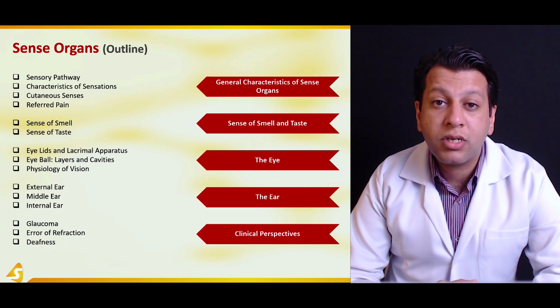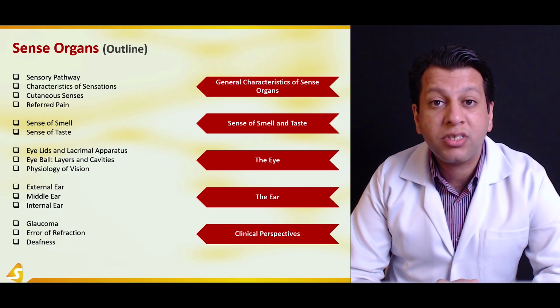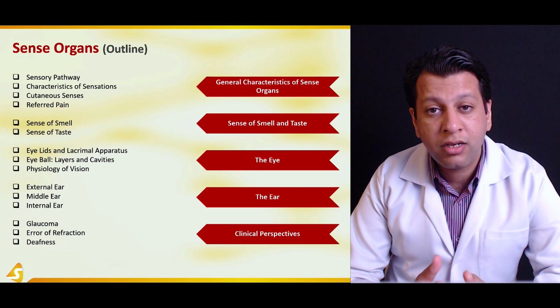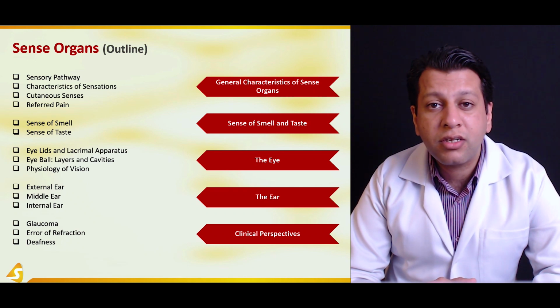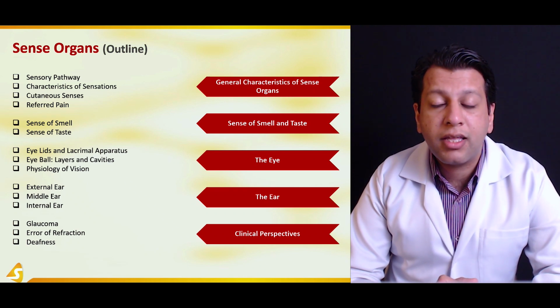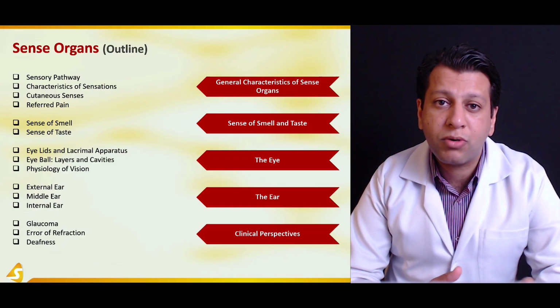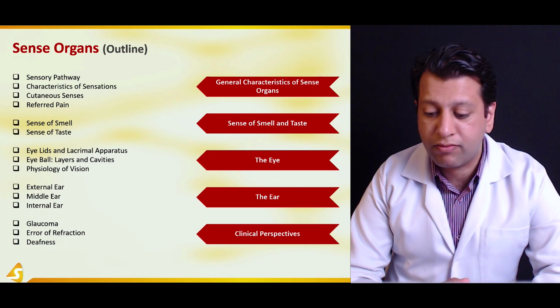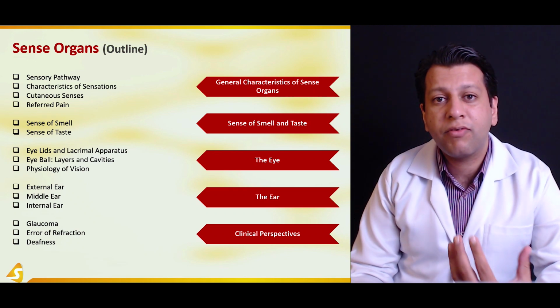We'll be going through what glaucoma is briefly, and what the errors of refraction are, that is, what nearsightedness or myopia is, and what farsightedness or hypermetropia is. And then in the last, we'll be going through deafness, what central deafness is and what conduction deafness or nerve deafness is. We'll be going through the different types of